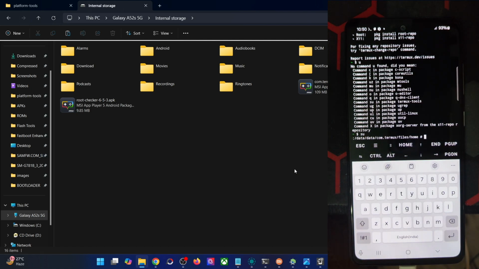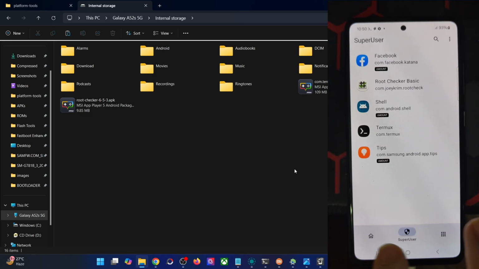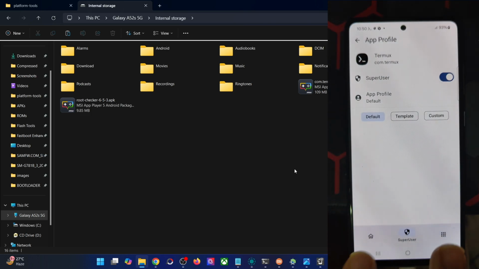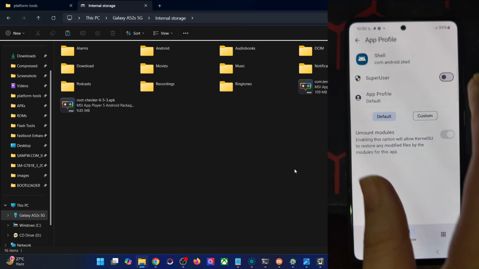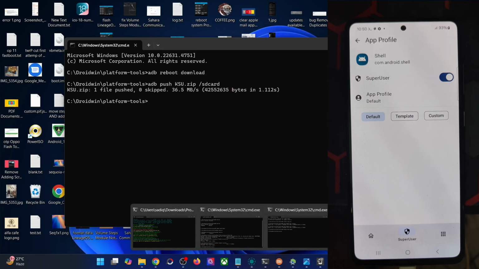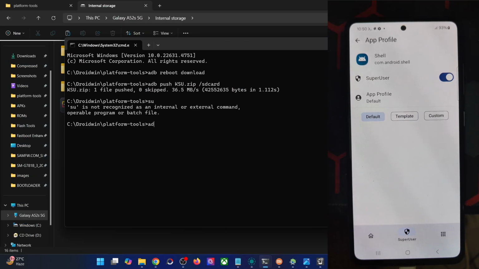So you will never get any prompt inside the app. You will always have to go to the KernelSU app, go to the superuser tab, and from there you will have to give them the access of the root. Likewise, the same is with the shell as well. The shell is the su prompt which you type in the CMD window. Now if you type in su, you could see it will now work, as you could see. Okay, first type in adb shell.